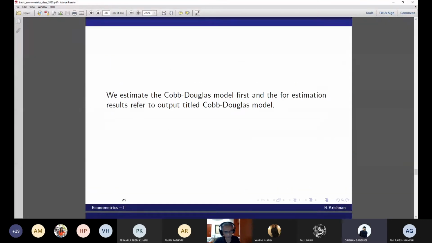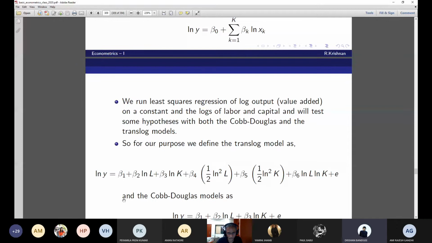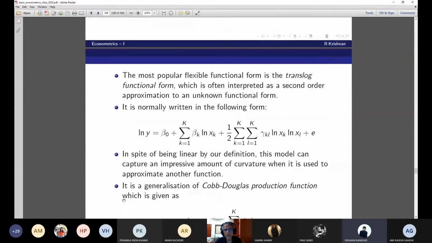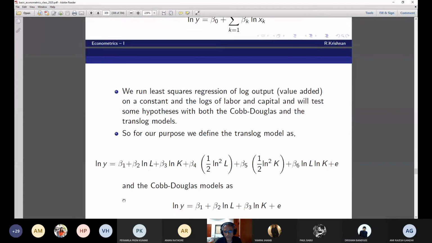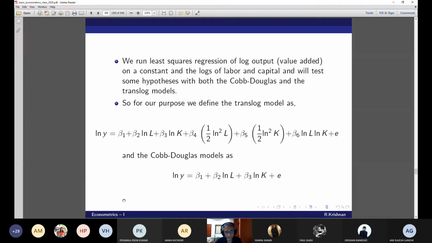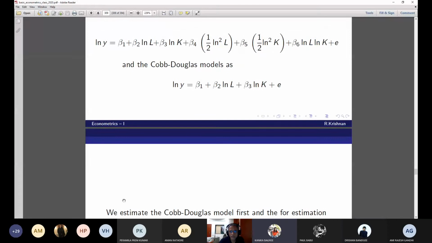Sir, in the model in the previous slide, I think you have a half missing. Half? Missing. This one? In beta 6, shouldn't it be half ln k ln L? Beta 6 should be half. Let me see whether I'm taking half here. I think it's okay because there will be two terms, half, like there will be two terms in that. Half ln, yeah. Yes.